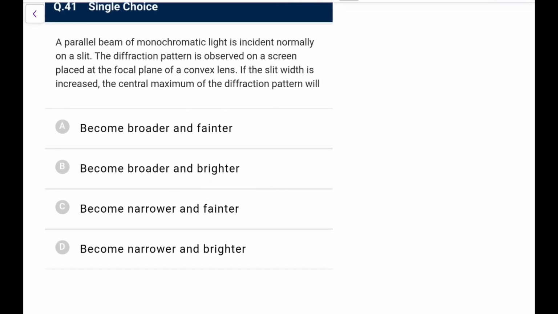A parallel beam of monochromatic light is incident normally on a slit. The diffraction is observed on a screen placed at the focal plane of a convex lens. If the slit width is increased, the central maxima of the diffraction pattern will...